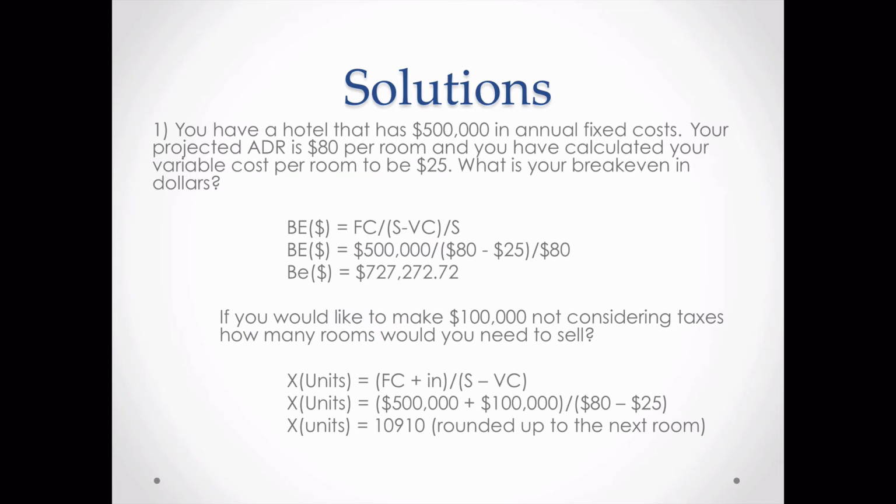Okay, the first one's a straight problem that we've had in the past. It's a break even in dollars, and we have $500,000 in fixed costs. The selling price of our room is $80. ADR is the average daily rate, and the variable cost per room is $25. So we use the break-even formula, and we plug in our numbers. We take the 80 minus 25 and get 55. 500,000 divided by 55 multiplied by 80 is